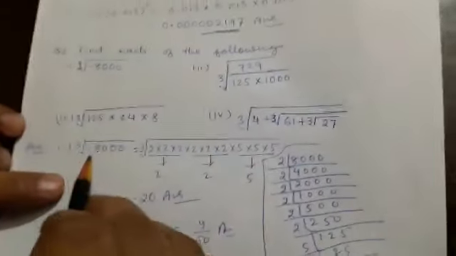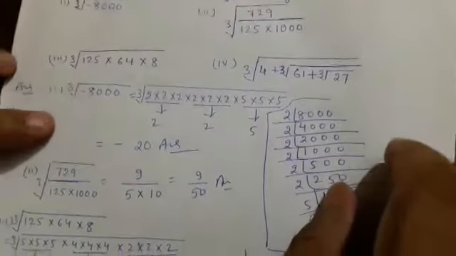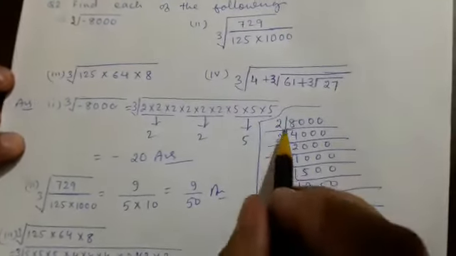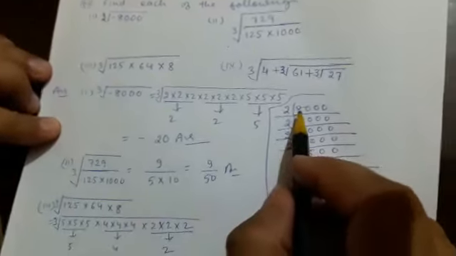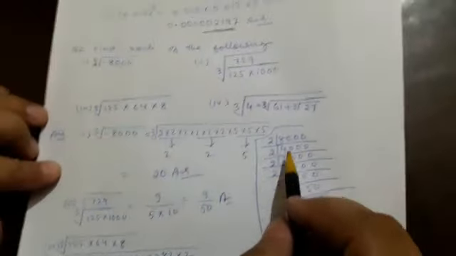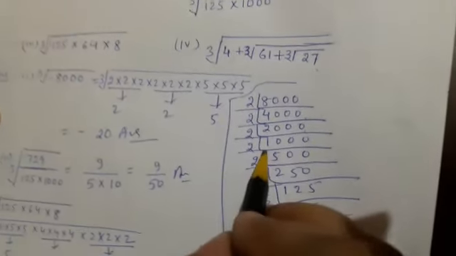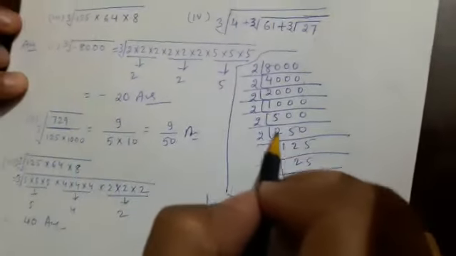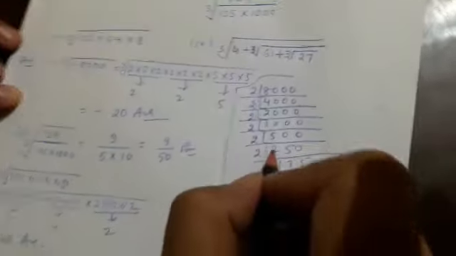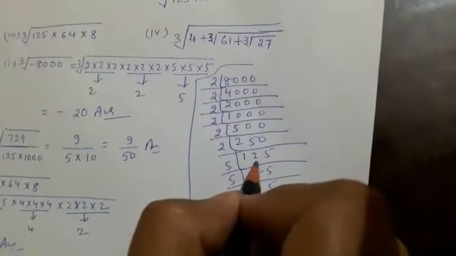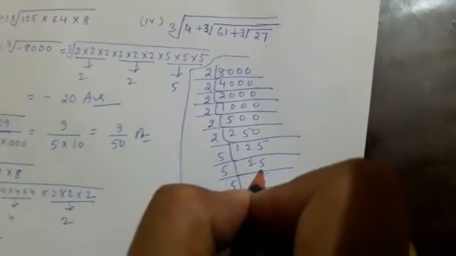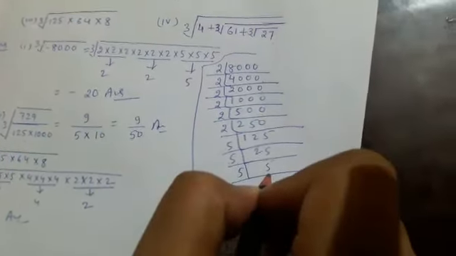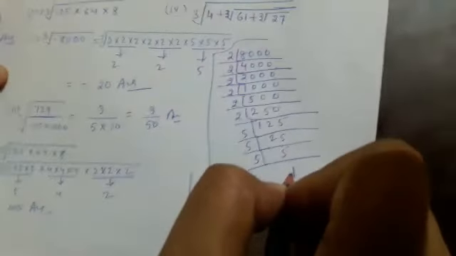See, first part, the cube root of minus 8000. Here we will ignore the negative sign and find the prime factors of 8000. First we will divide 8000 by 2. 2 4s are 8, then 3 zeros, 2 2s are 4, 2 1s are 2, and we put all the zeros here. 2 5s are 10, 500, 250 is half of 500. When 250 is divided by 2, we get 125. When 125 is divided by 5, we get 25. When 25 is divided by 5, we get 5. And when 5 is divided by 5, we get 1.